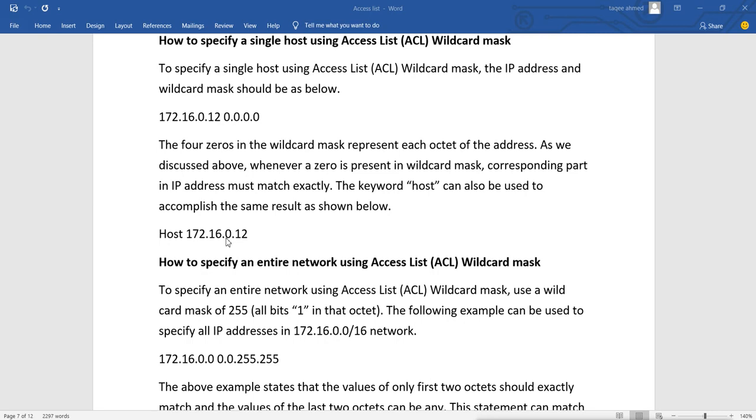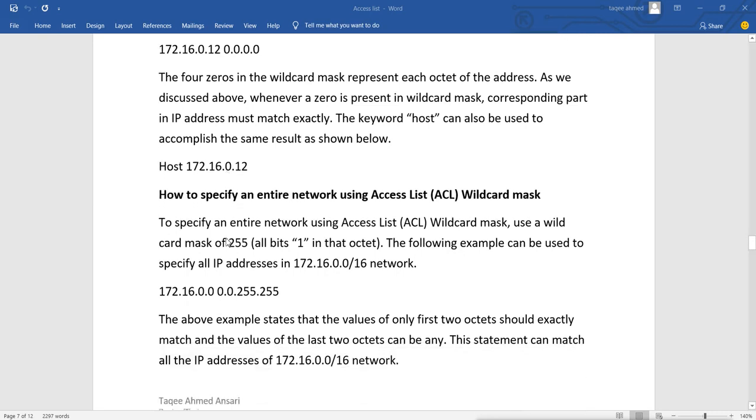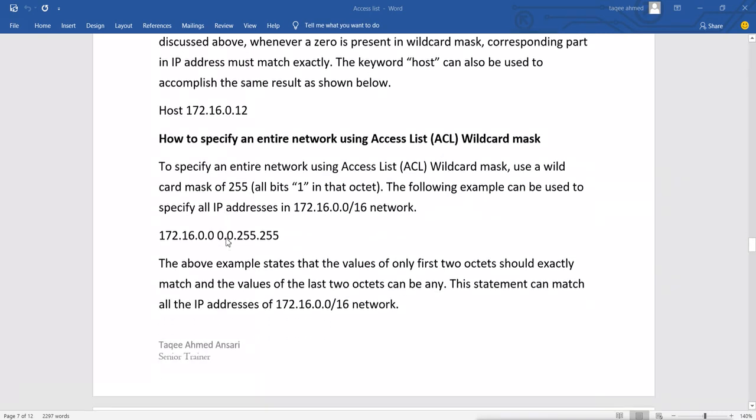Now in this second example, suppose I want to mention the whole network 172.16. So I will mention 172.16.0.0, and the wildcard will be 0.0.255. Now 255 means all the bits are on here.